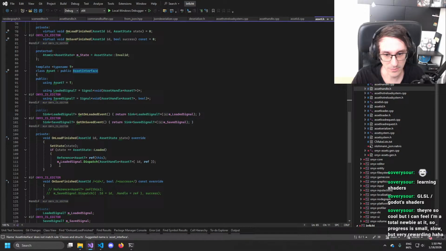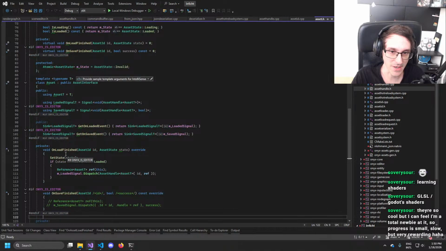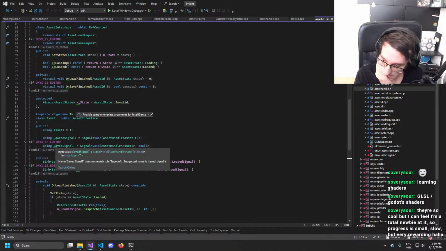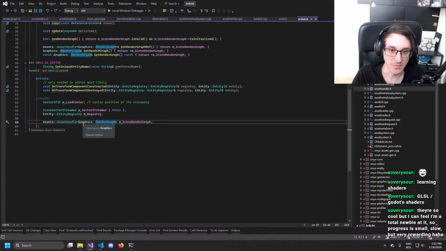But the problem that I had with that is setting the ID of an asset would basically mean that you would have to invalidate the whole reference, the whole asset. So that was a bit problematic.